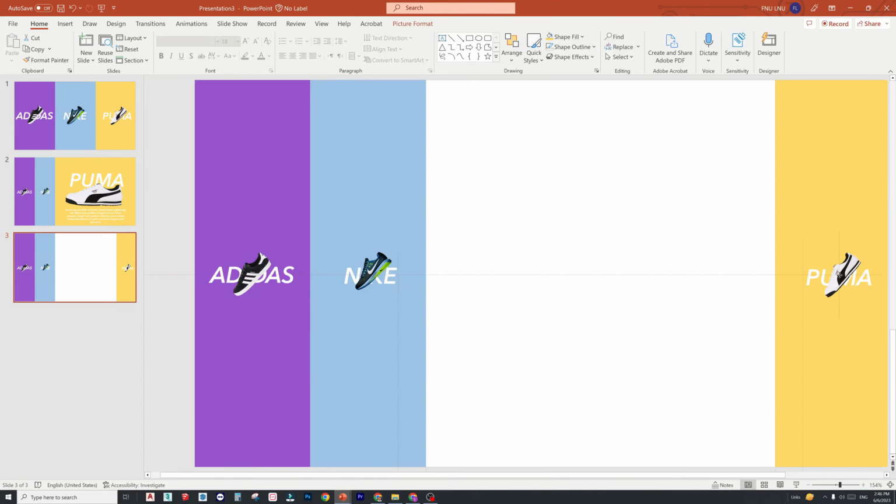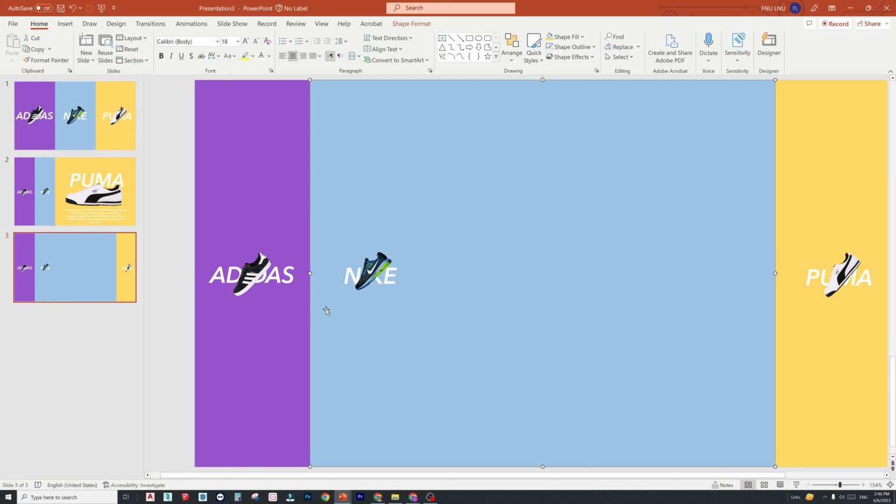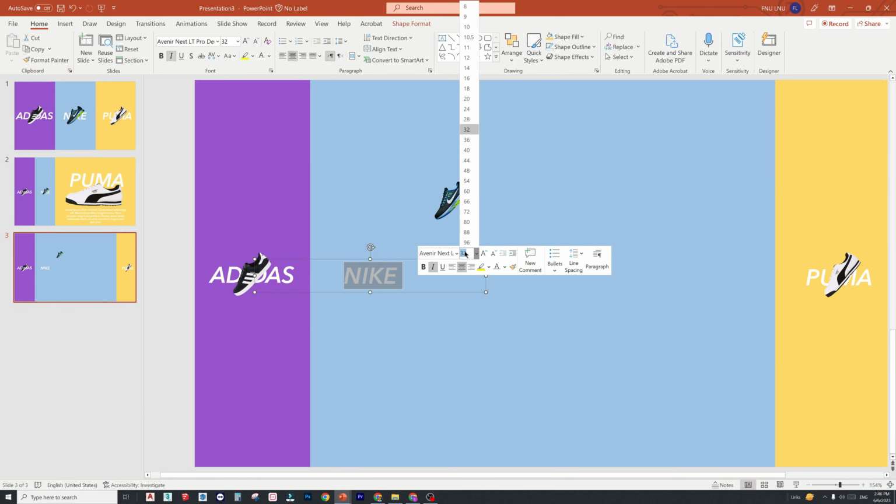Perfect. Now drag the second shape to the layout like this. And increase the size of the text, same 150.